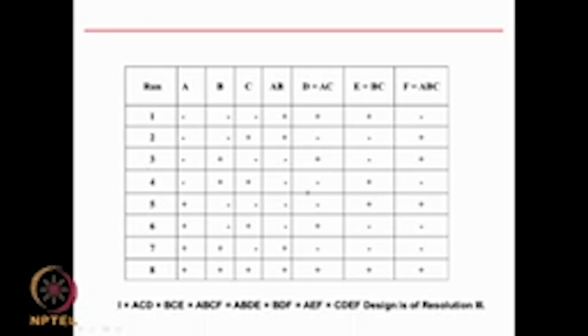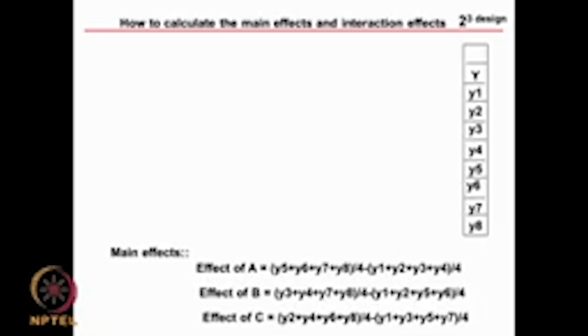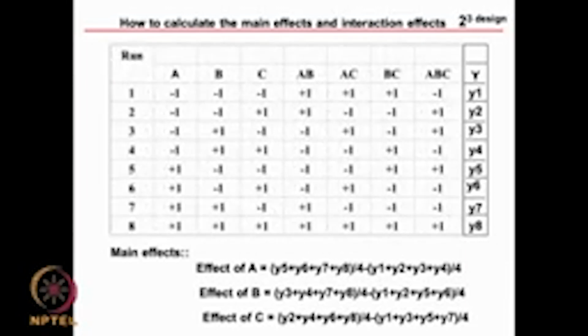Again, this is a resolution 3 design. So, main effects will be confounded with two-way interactions, so we will not know whether it is the two-way interaction or the main effect. Having done your experiments, imagine you have done, say, 8 experiments with 3 variables A, B, C, and you